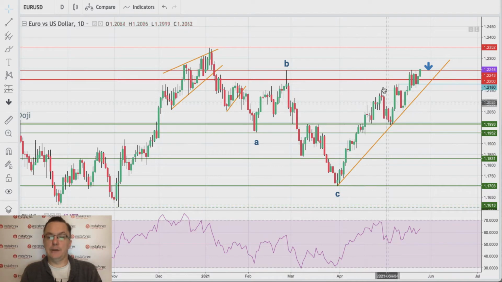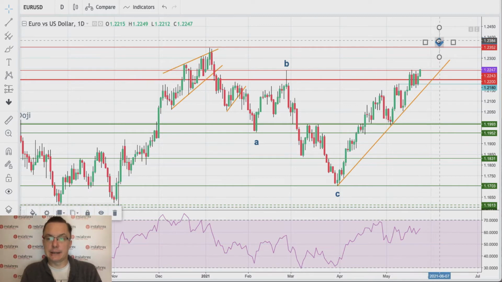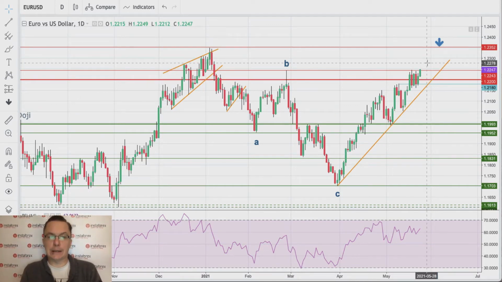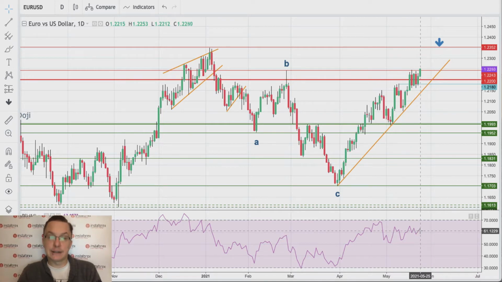So what do we have here is another move to the north. The next target is 1.2352, which is the high of the beginning of the year, 6th of the January. So this is the key next level for the euro bulls. As you can see, momentum is strong, is exactly between the levels of 50 and 70, which is the perfect level for the momentum. Strong positive momentum, good sentiment on the euro. So we are seeing traders buying euro, selling US dollar.